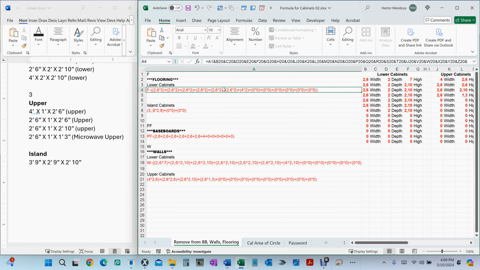It's F, which is floor, minus open parenthesis, then you're going to have an open parenthesis, comma 6 times 2, close parenthesis, plus open parenthesis, and so forth, just like you see this. But you don't have to worry about none of that. I've already done that for you. So all you really have to do is just click here, hit Control C. You're going to go to Xactimate,